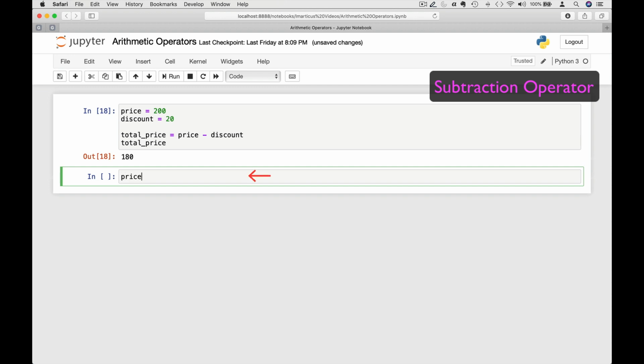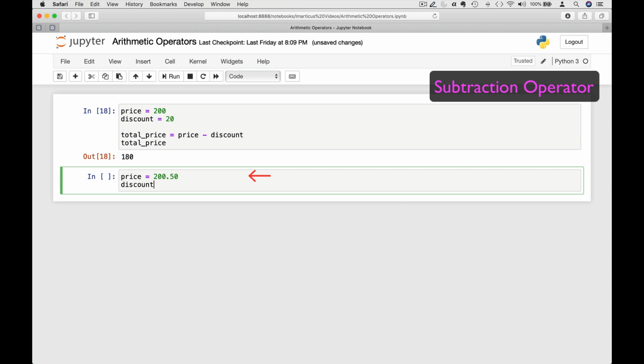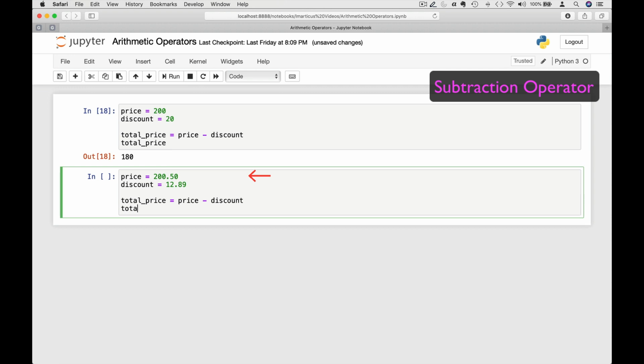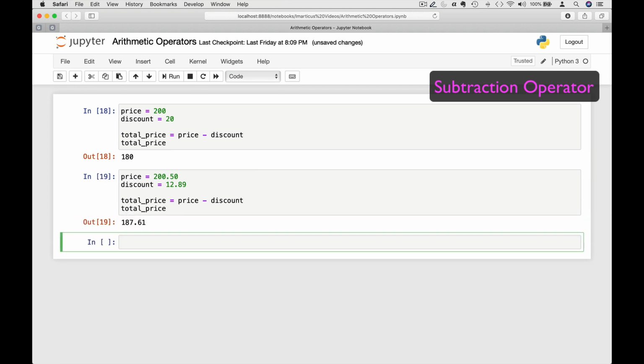Similarly, we can also say price is equal to 200.50, discount is equal to 12.89, and we can say that the total price is equal to price minus discount, and we see that the total price turns out to be 187.61,